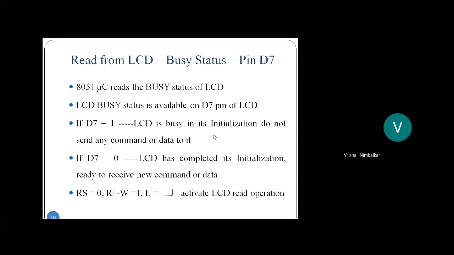So every time we sent one command word on port 1 where the data pins of LCD are connected, and we called the command function which activated the control signals: register select, read/write, and the enable control signal. After initializing the control signals, we called the delay program. So FF count was loaded in a register and we decremented that FF, and that was a delay program, right? So the point is we didn't know how much time delay was generated by the delay program. We just put the maximum count in the register and we kept on decrementing, right? We didn't count exactly what was the time period generated by the delay program.